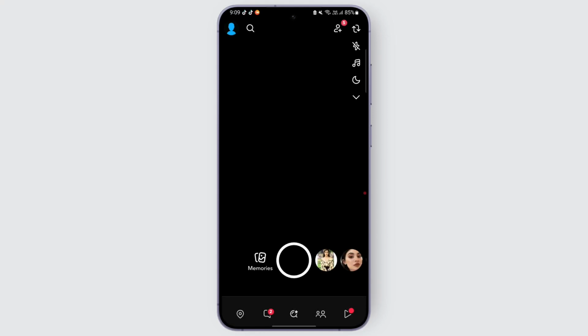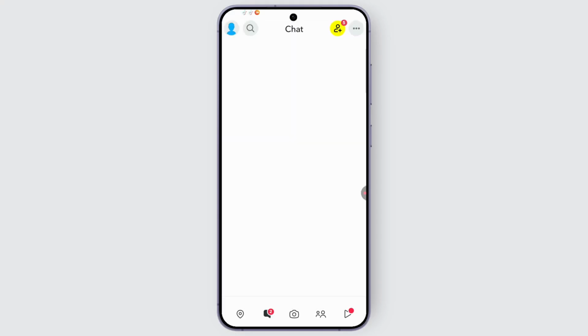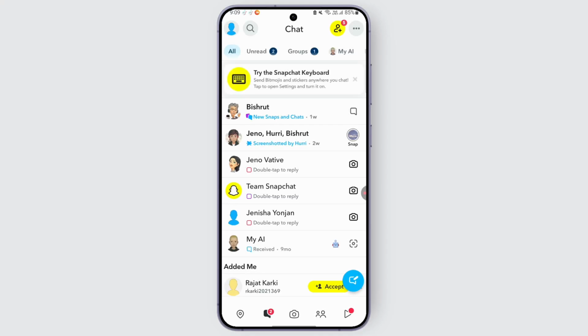And once you open Snapchat, what you may do is check your chat list. So look out for the chat option from your main screen and reach over to your chat page. And within this chat page, what you need to do is go ahead and look out for that person you're looking for that you think has deactivated their account. So if their chat is no longer available in your list, it is a very strong indicator that they have